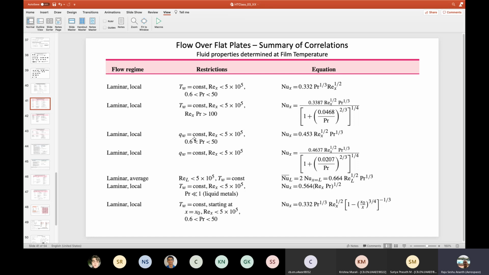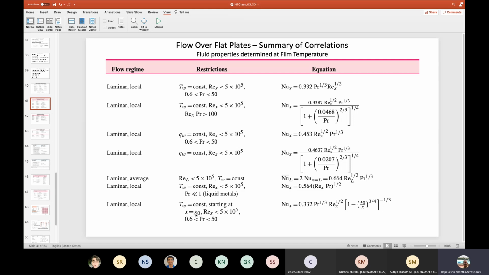It's not getting heated, whereas this one is getting heated, with constant flux into the heat. So that's the correlation. Similarly, for the second one, this is the correlation. So anyway, to make the story short,